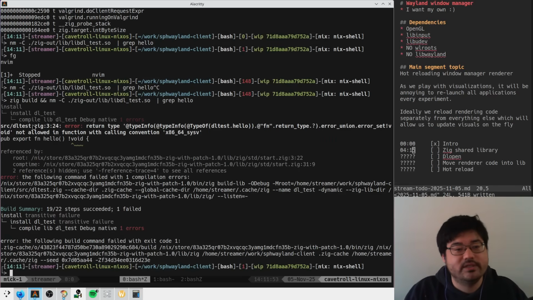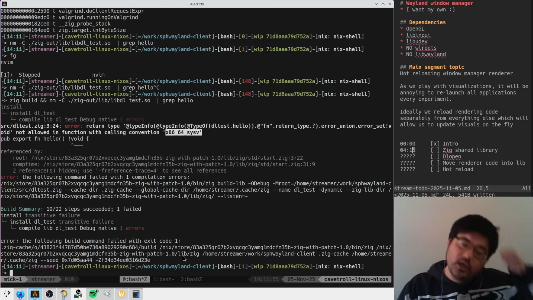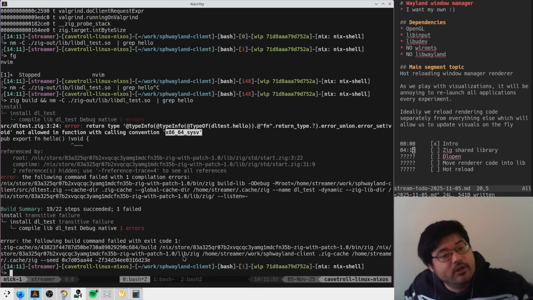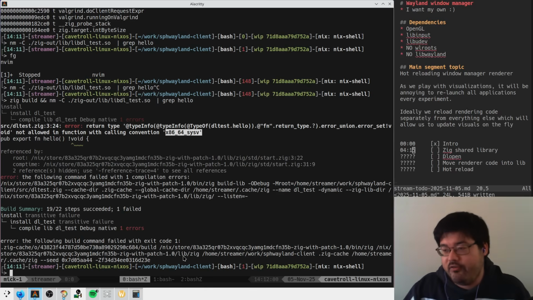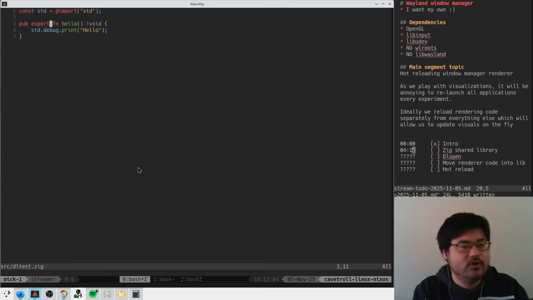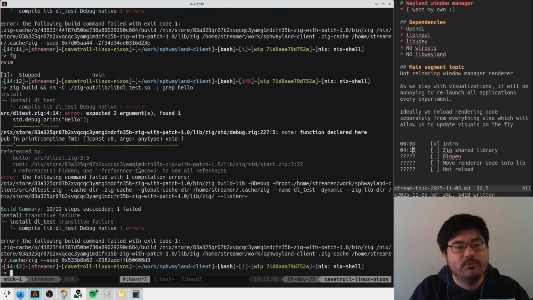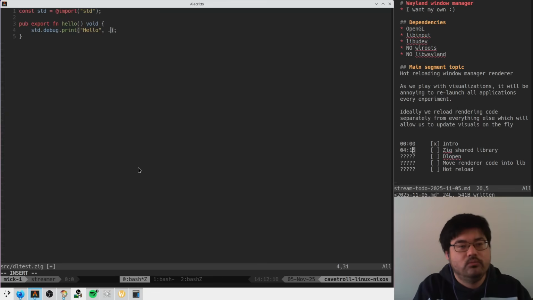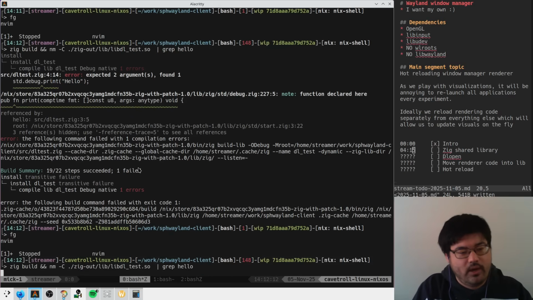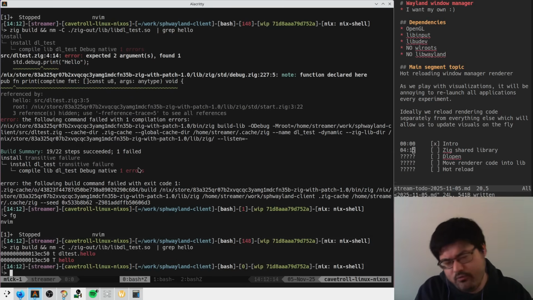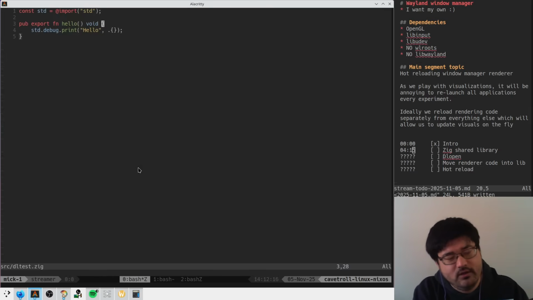Okay, so this is a good clue, right? It looks like if we are exporting a function, we need to conform to the sysv calling convention. So, you know, we probably should be able to do this. No error return type. Yep, okay. And then if we try to dlopen this thing,